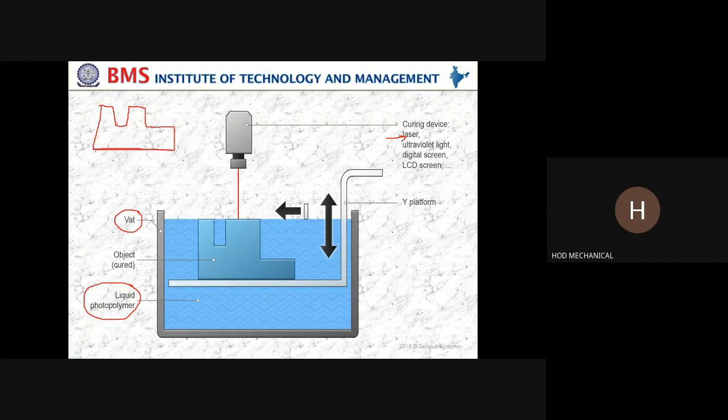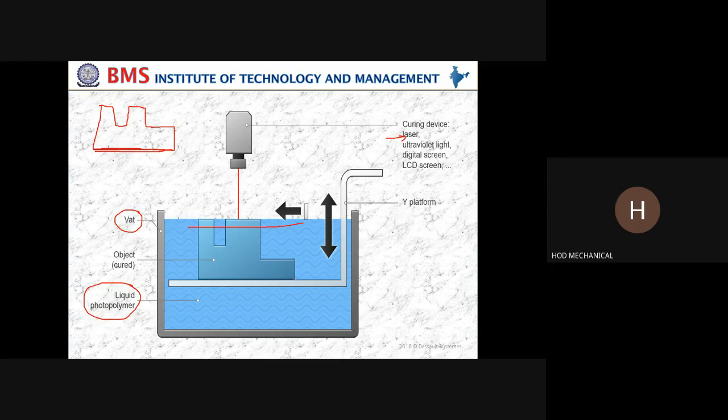In order to build this bottom layer, where should this platform be? Should it be on the top, or at the bottom? Initially, it has to be at the top. Please understand, this has to be at the top. Somewhere here you will have what is called the platform. Now the light starts from here. Just assume this has already been built. This is the built component.